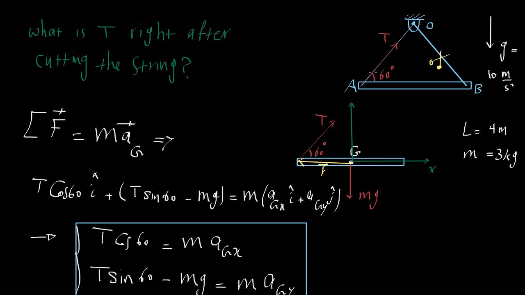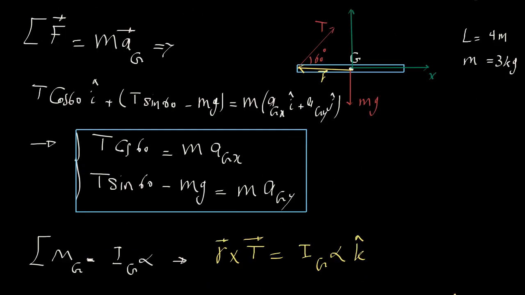But strings and also cables under compression, we can't say that they are rigid bodies because they can't bear compressive force. But for tension force, they can bear that. So for a string here, I can write down the acceleration of A based on O, considering that that's a rigid body. So I can say that a_A,